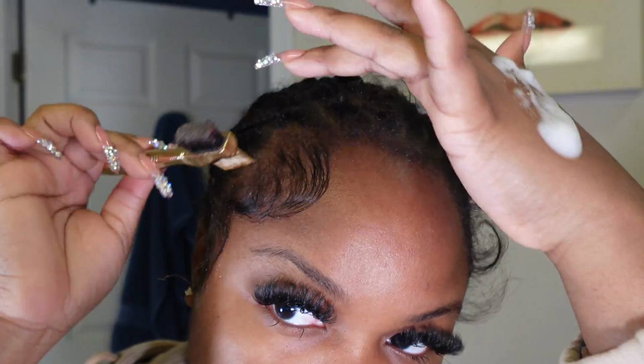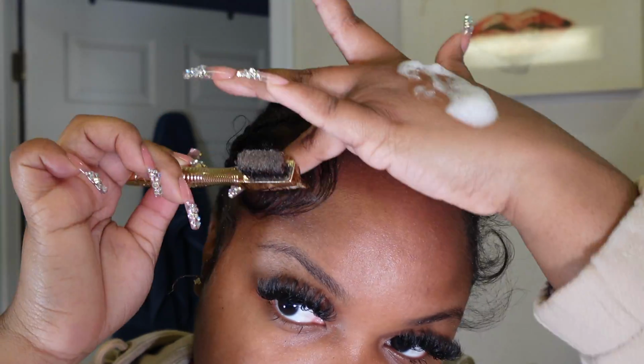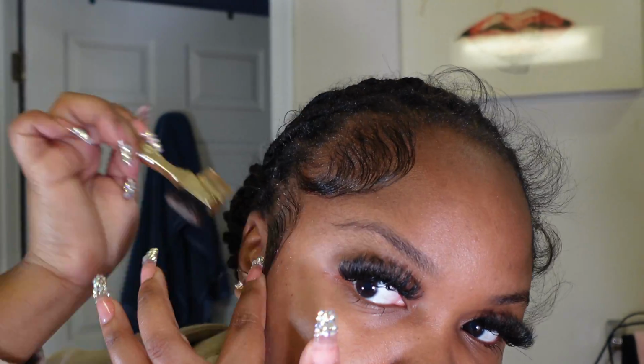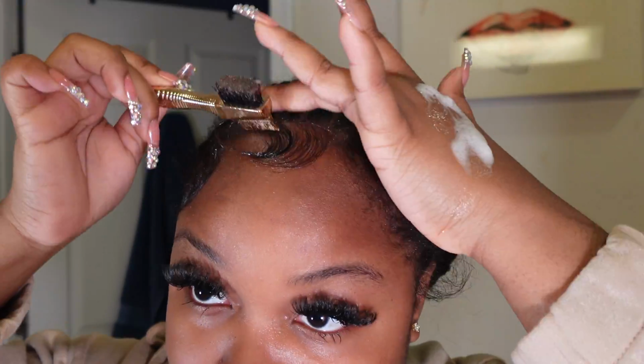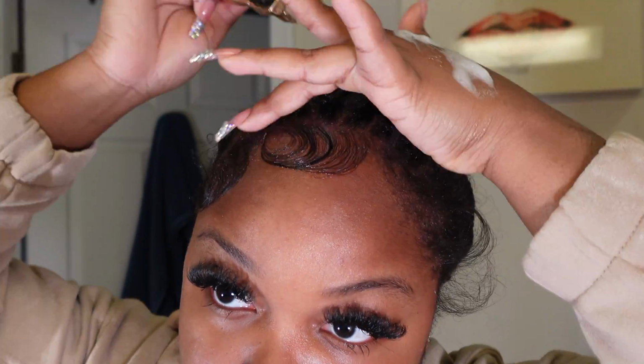Do not use too much got-to-be glue. The foam is really what gives you that soft look, but the got-to-be is what holds your hair and molds it as you do it. So I just got a little carried away because I'm so used to doing my edges a certain type of way. So yeah,